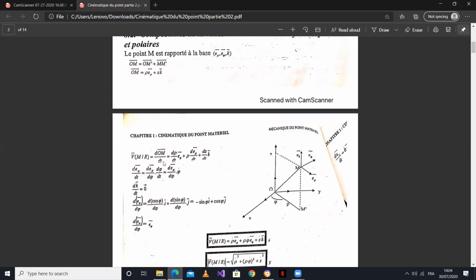So after we decompose it like this, d phi/dt, you're just going to write phi point, like rho point, x point, y point, z point. When you derive phi with respect to time, it's just phi point. And d rho/d phi is what we looked at: when you derive rho with respect to the angle phi, it's going to give you e phi. So finally, your expression is